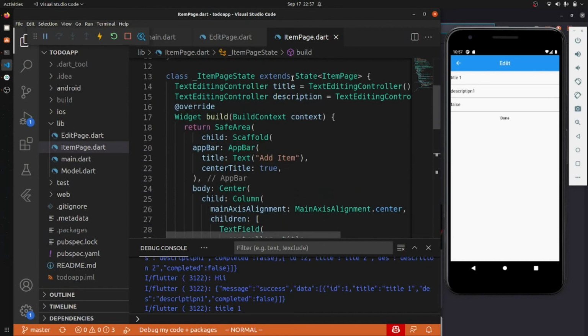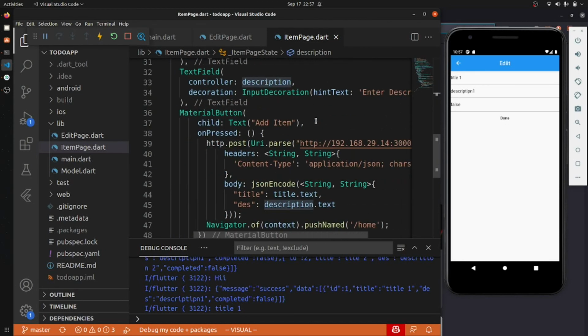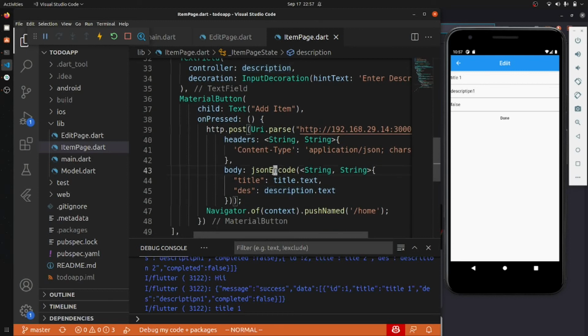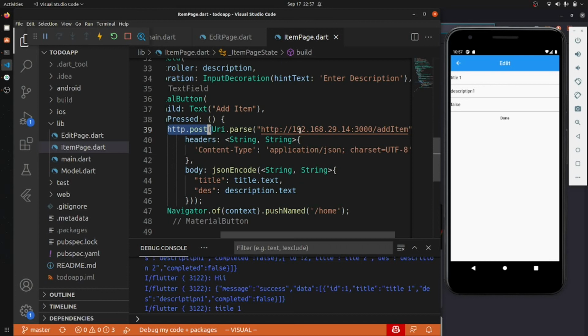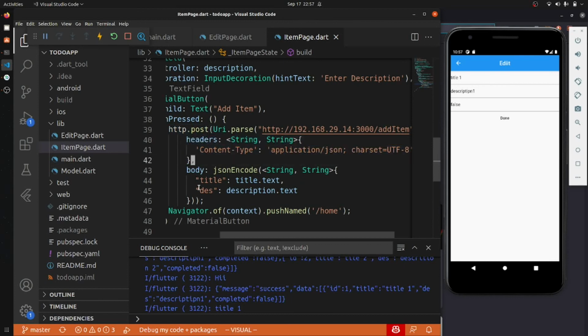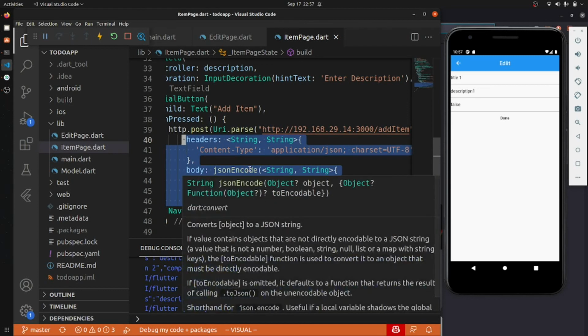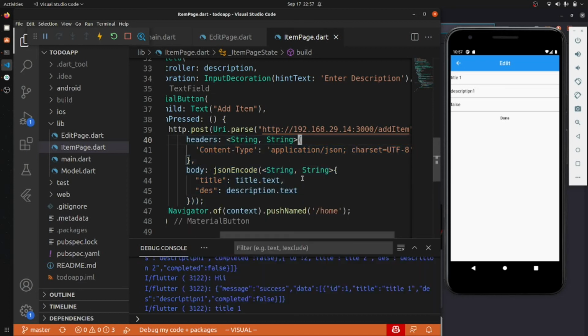We have two editing controllers from which the data is passed using JSON encode in the http.post property. We have passed the API using the header and body, and if we send that, we can directly see our data on our item or our home page.